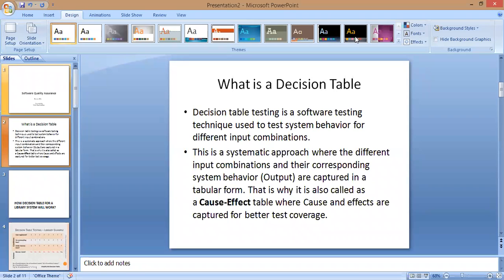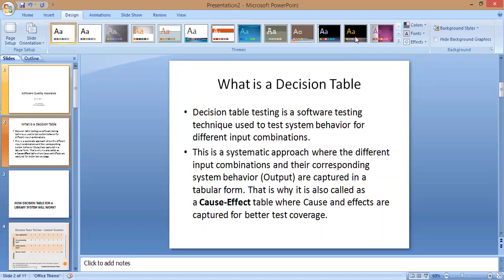Understanding the SRS and highlighting the non-functional and functional requirements. Based on the non-functional and functional requirements, how do you develop a test case? How do you develop a test scenario? Based on a test scenario, how do you develop a test case? What is there in a test case table, and how many test cases are there for a particular requirement that you make?